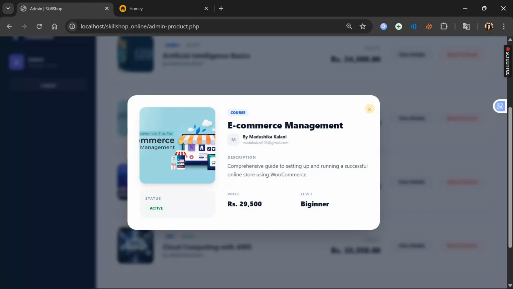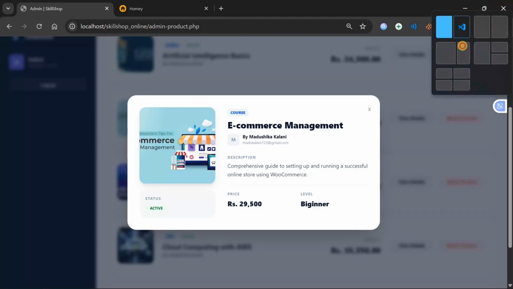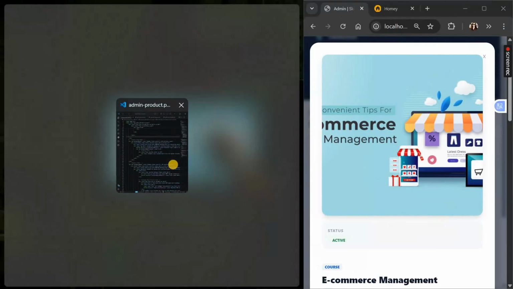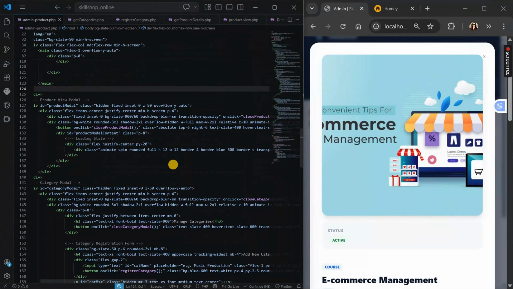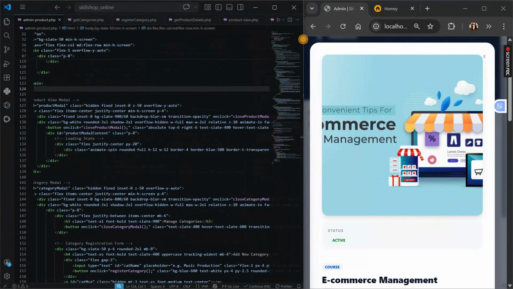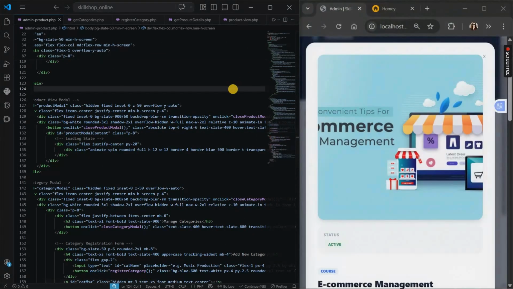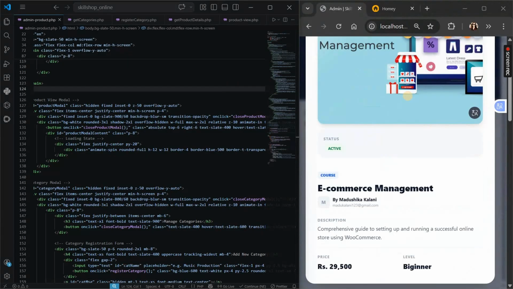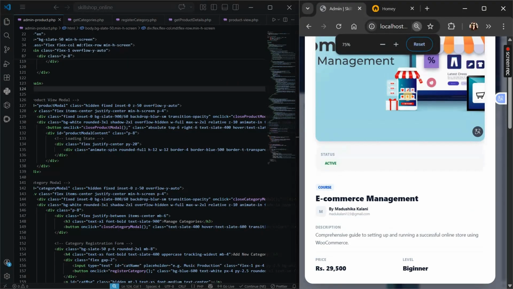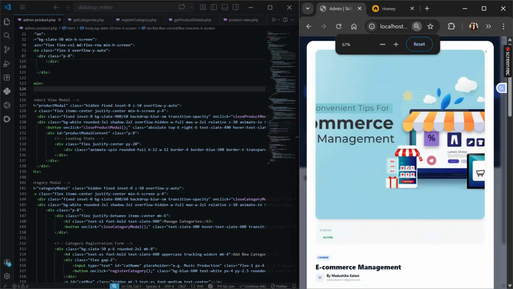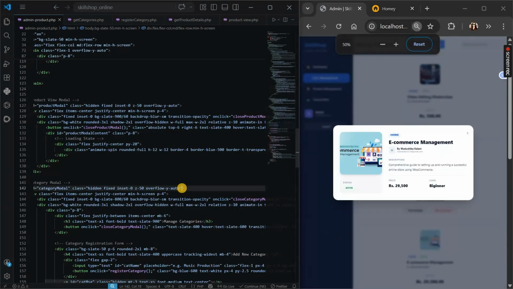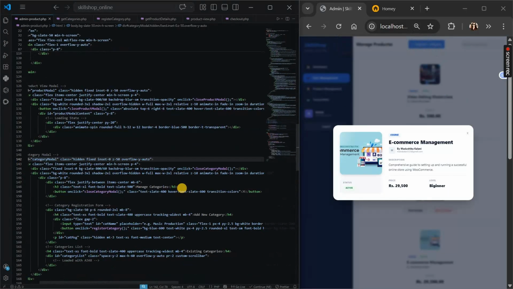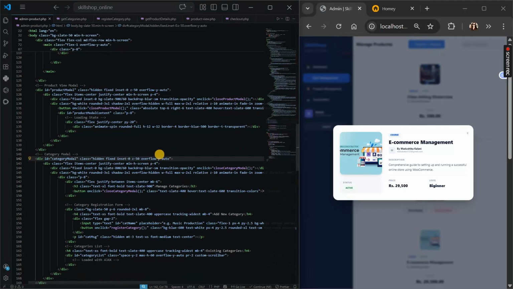Now let's dive into our code. This is our admin product.php file. We use a layered approach to focus the admin's attention purely on the task at hand. Backdrop-blur-sm. Notice the bg-slate-900/60. This combined with the blur effect